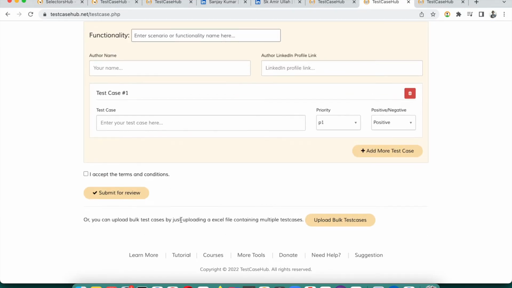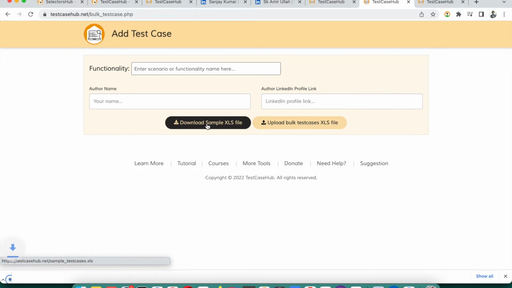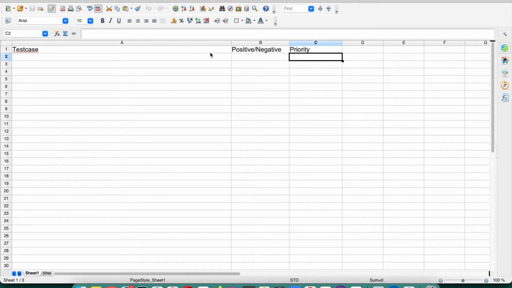If you want to, you can upload bulk test cases. So click on upload bulk test cases, and here you need a sample, of course. There is a specific format and a sample is there, so you click on download and you can see the sample here. I would recommend that if you have your test cases in XLS or something, you copy and paste them into this sample file. Let's say our test case one